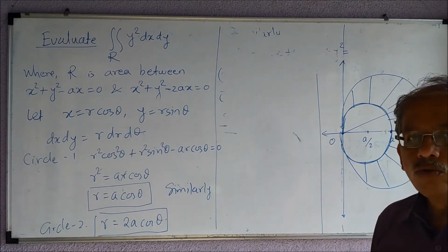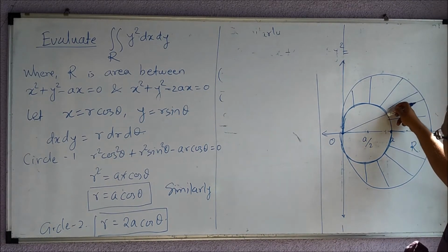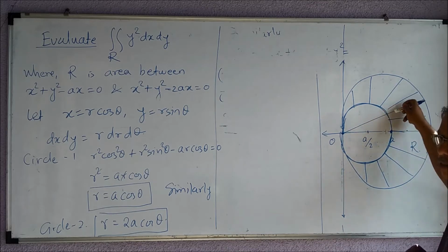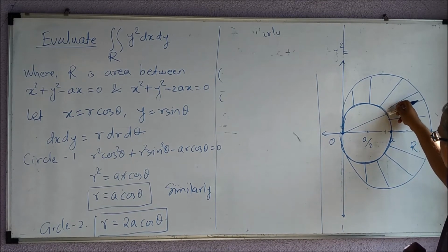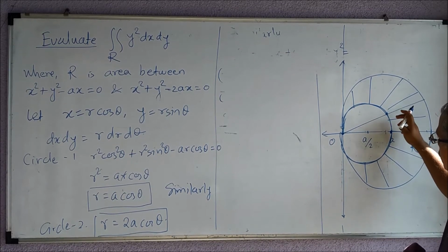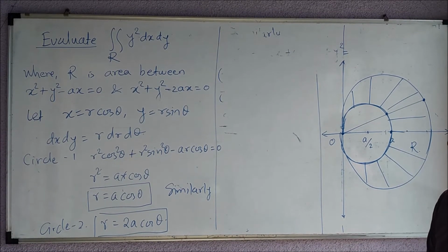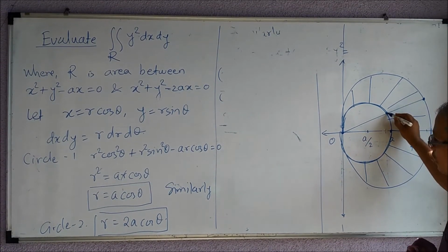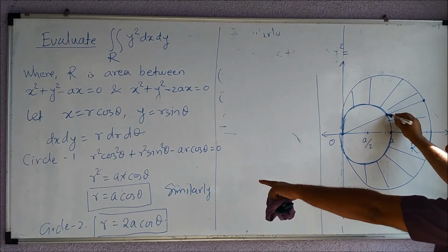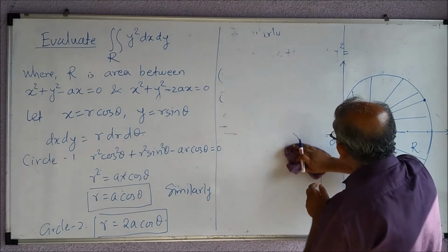So to cover this region, you look at this r vector. This is my pen, and this pen is the r vector. Now at the lower part, it intersects the circle here, and at the upper part it intersects the circle here. So these points are a cos theta and 2a cos theta. So when I am going to write down the limits now,